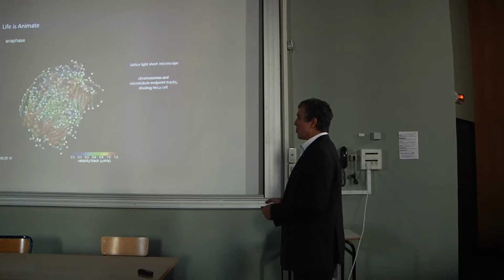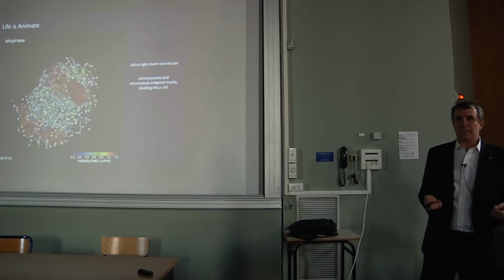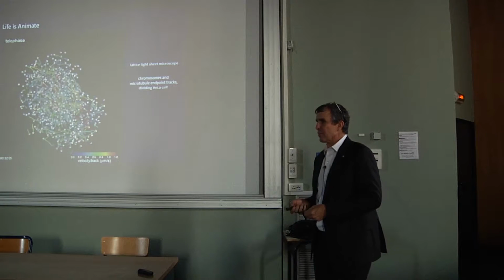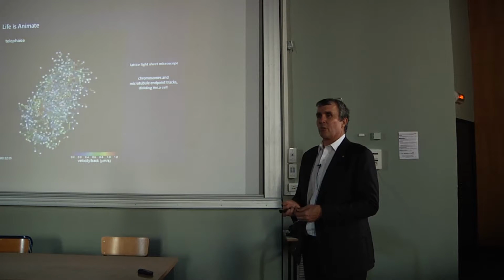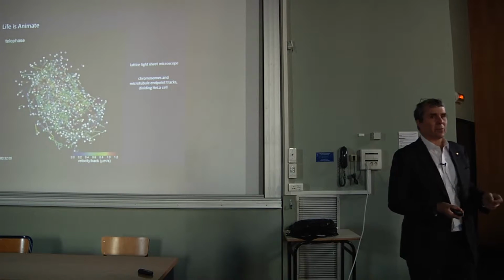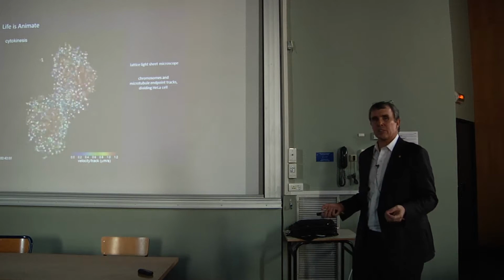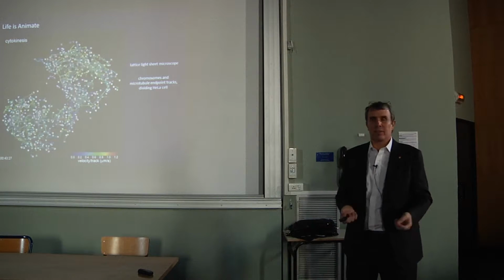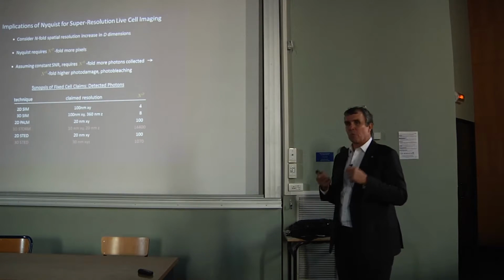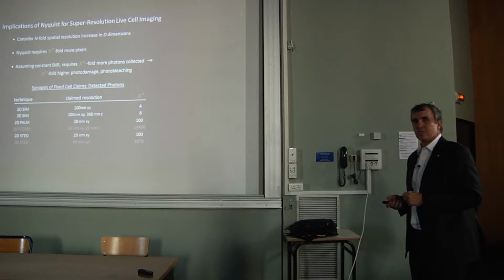But the real problem is that the thing that defines life is that it's animate. And every living thing is a pocket of reduced entropy through which matter and energy is flowing continuously. So while structural imaging will always be informative, the only way we're really going to understand how those inanimate molecules can make an animate cell is by looking across all 4 dimensions of space-time at the same time. Okay? So that's going to be our ultimate goal. But the first step is we need to look at live things, right? That's the message. What are the challenges of doing that?